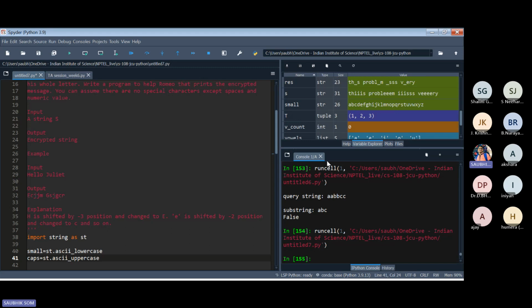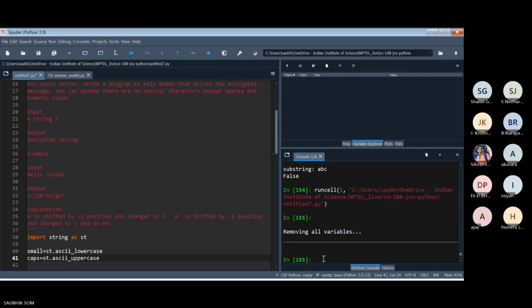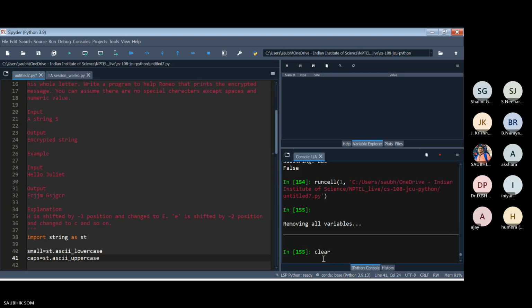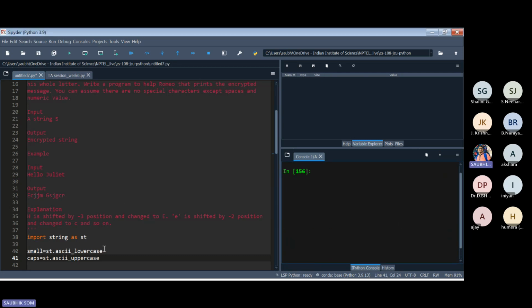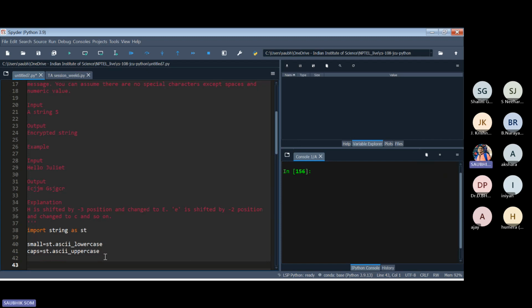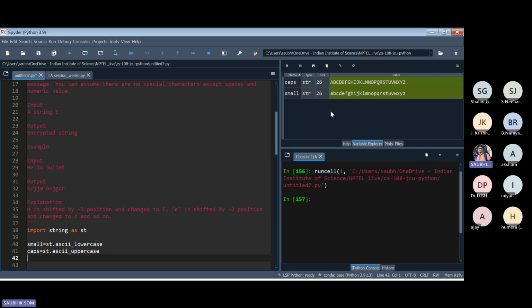I'll clear all the variables. There are lots of things to change. And string dot uppercase, ASCII dot lowercase. So if I just run it now, you can see there are two strings. Now what I can do